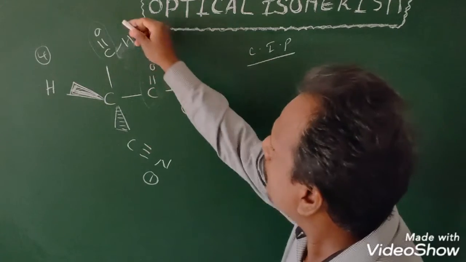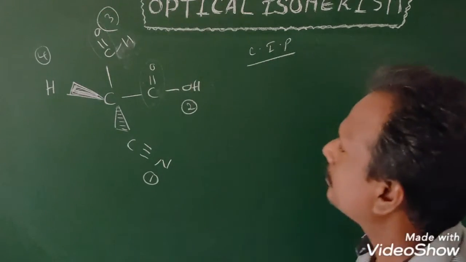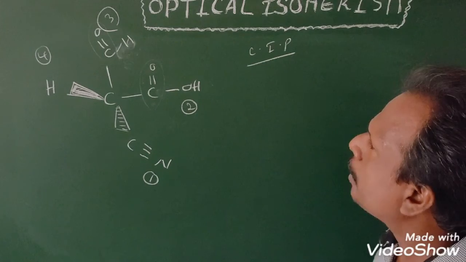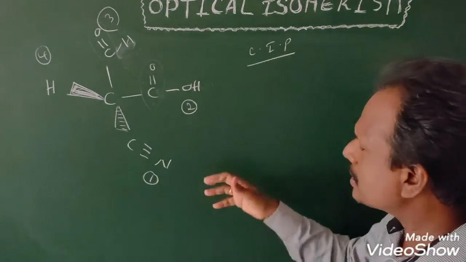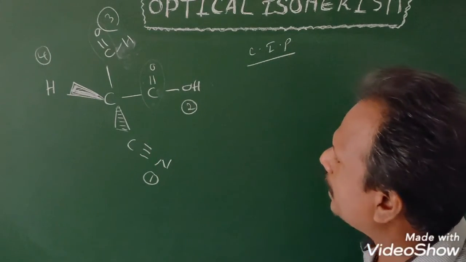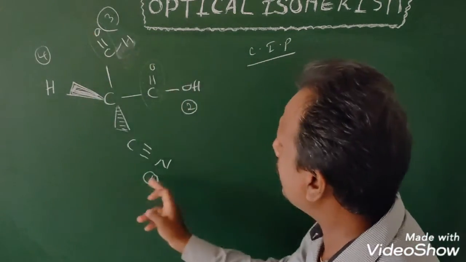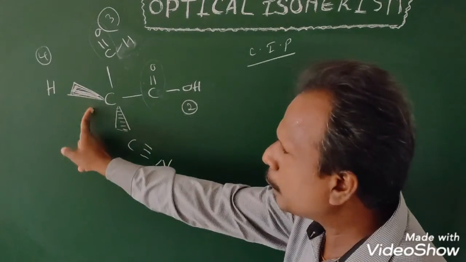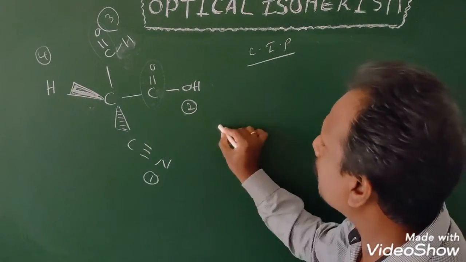CHO is C double bond with H, so it is 3. It is the simple CIP rule: if the atom is the same, then check hybridization; if hybridization is the same, then go to the next atom. So in the wedge-dash method, we go 1, 2, 3 in anti-clockwise direction. The small group is above the plane, so the chirality is R. The chirality of this carbon is R.